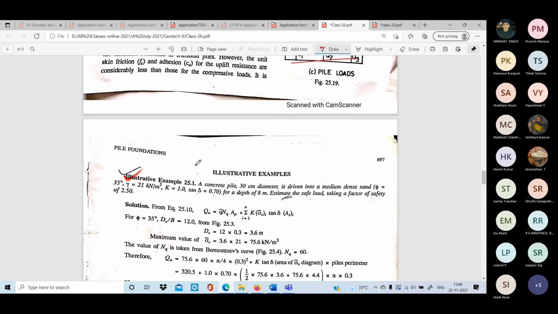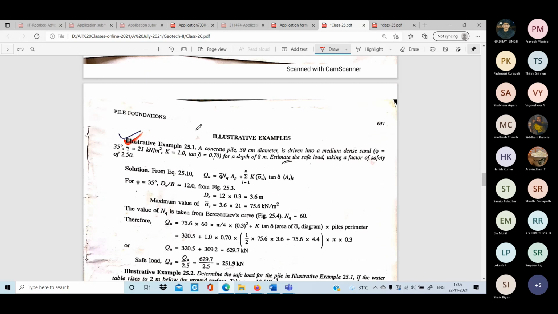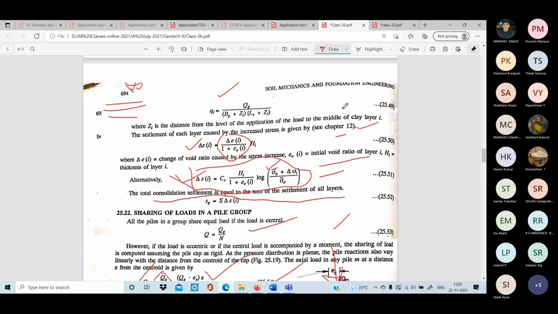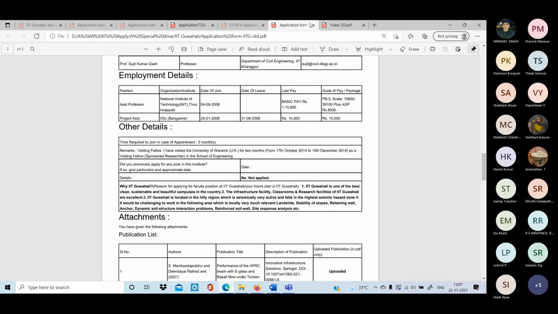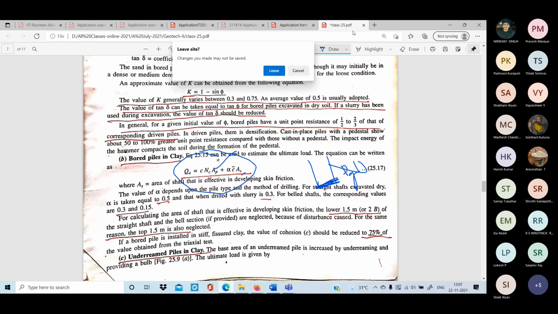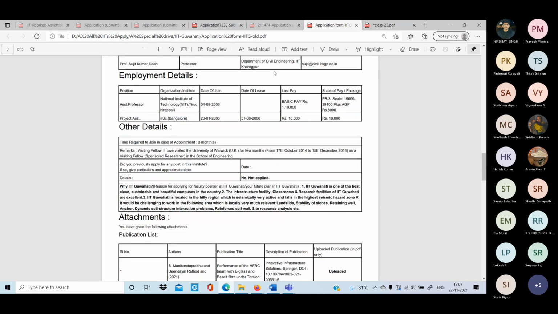Okay, next time when you come to the next class, we'll go through some numericals, then only we'll understand what I'm teaching. Okay, so with that we'll stop today. I am just saving this PPT and I will upload it. So don't panic with this one. These are very simple equations only.